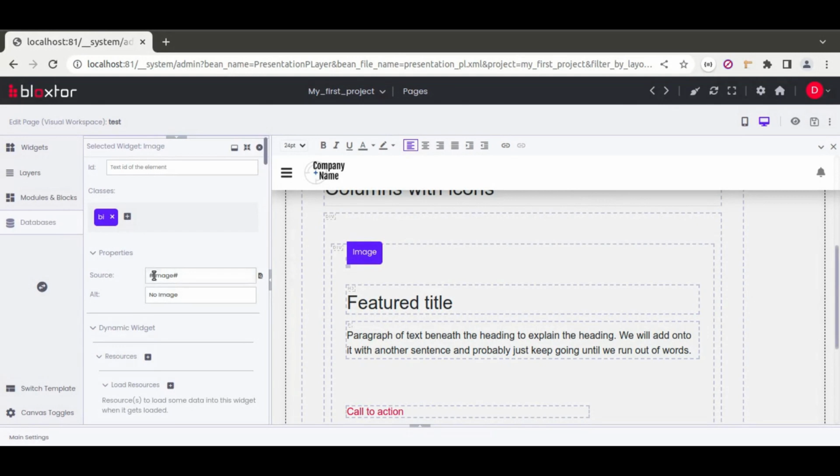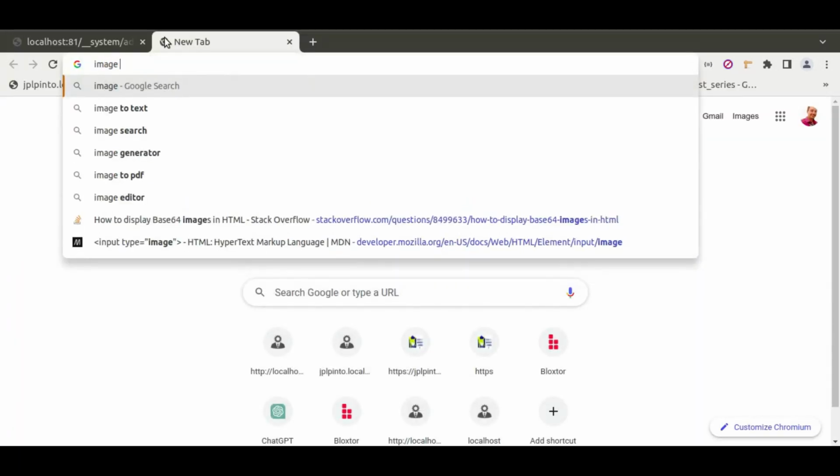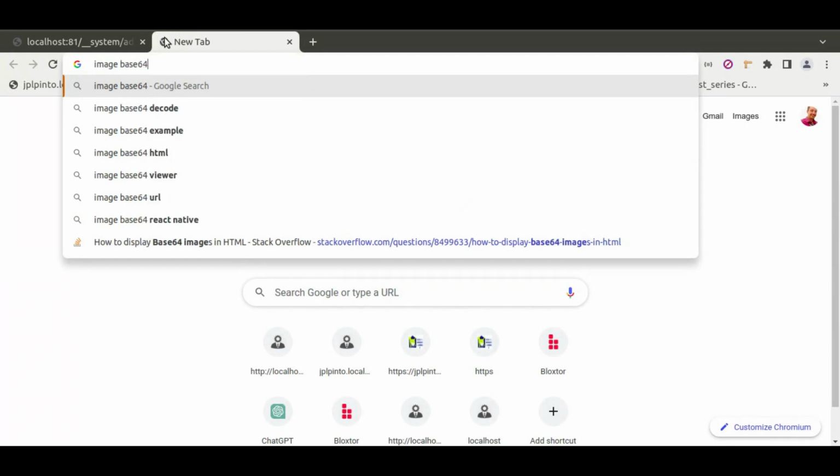Okay, perfect. Now note that the image attributes that we created in the article table is a binary, as in the codes of the image inside of the table. So if we put here the code, it won't work. So what we need to do is put here a prefix so the browser interprets that as the binary. To show you better, what you need to do is search this on Google,